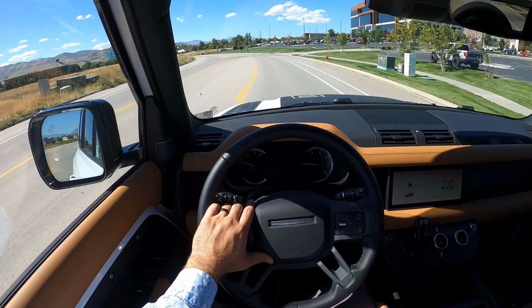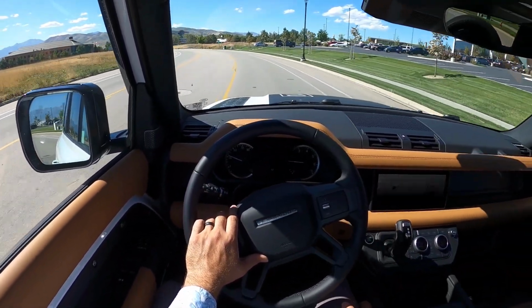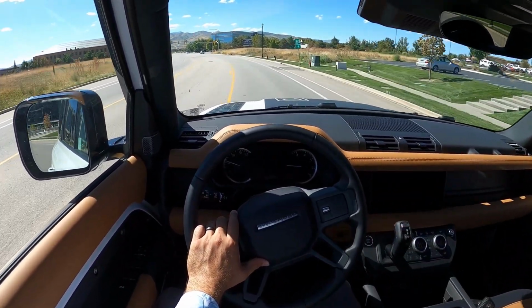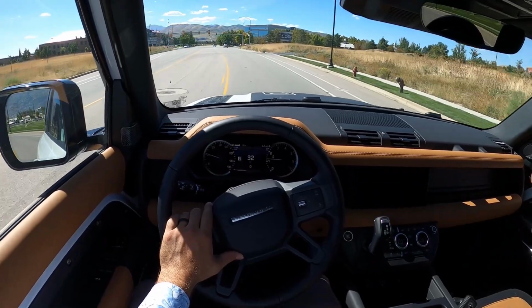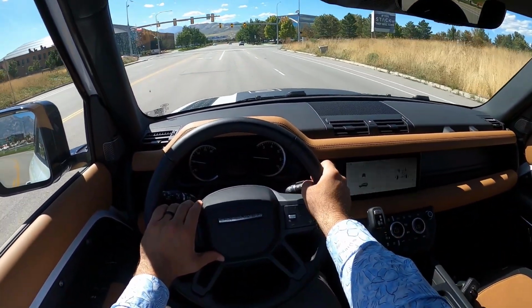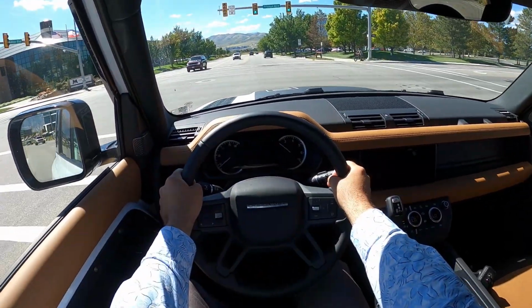Aside from that, something I'm thinking a lot about with the Defender is that the unibody construction means that even though this has a big tank-like feel, it handles better than body-on-frame SUVs with solid rear axles. This has independent suspension front and rear, for those of you that are wondering. And like I said, the inline six,